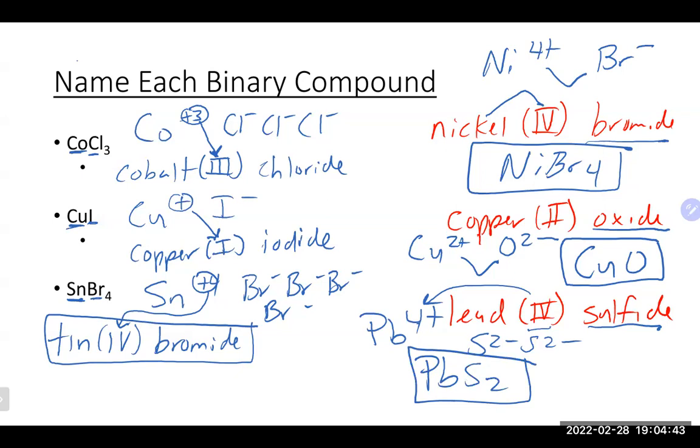Question on type 2, very similar to type 1. The additional thing on the naming part is the Roman numeral, and it is the charge on each individual metal ion. Any questions on any of that there? All right, we will lay it